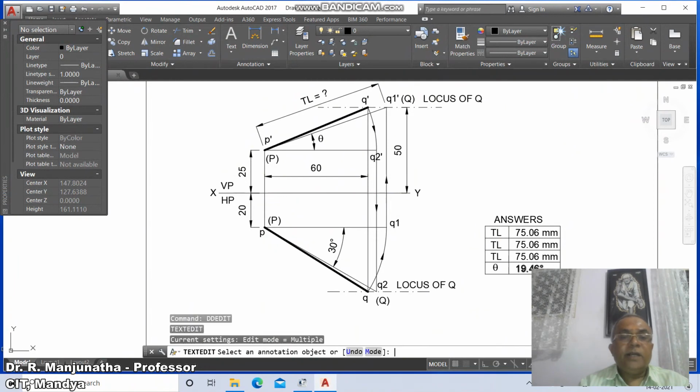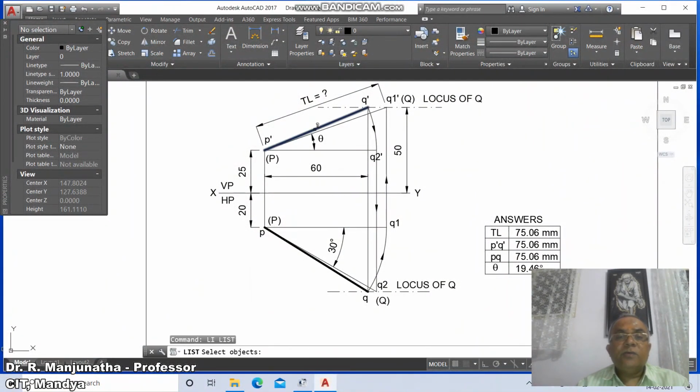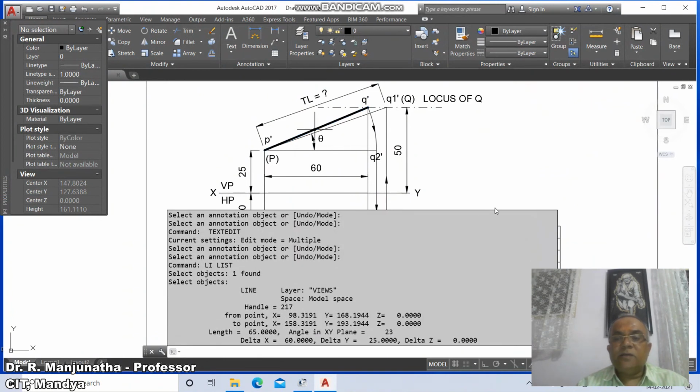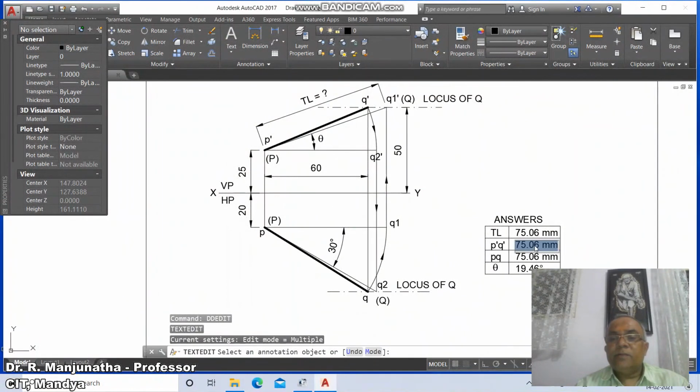You then go to DD edit. So here we make this as p dash q dash, and here you make this as pq. Then go to p dash q dash, go to list, you select this, you're going to get 65. Then go to DD edit, you type 65.00 mm.